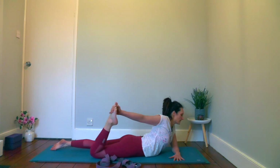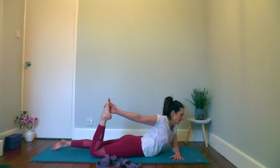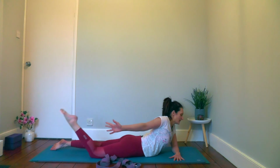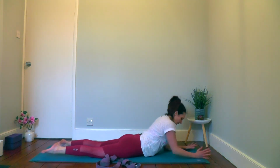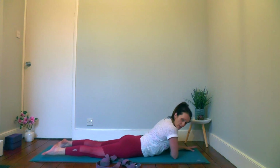And then slowly release. Don't catapult your foot back. Very gently release. And we'll move on to the second side. So parallel the right shin,